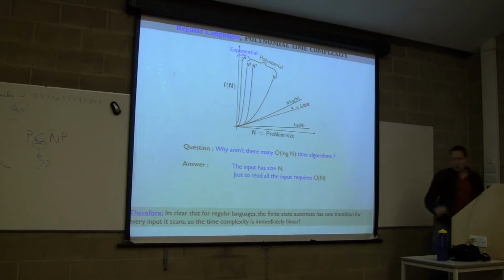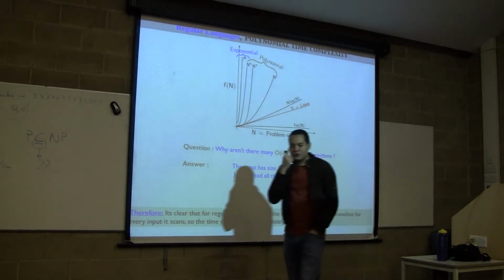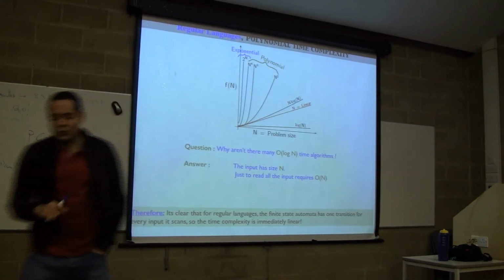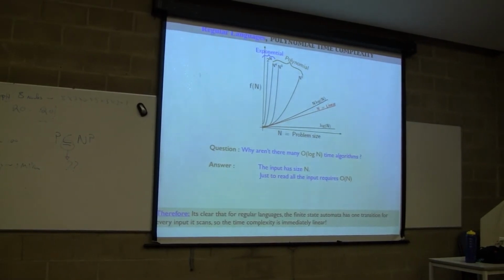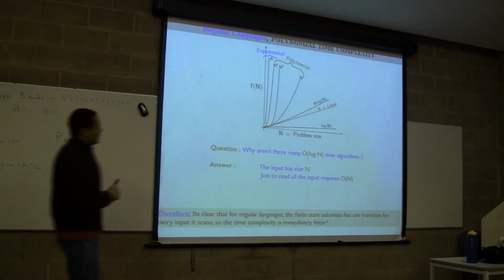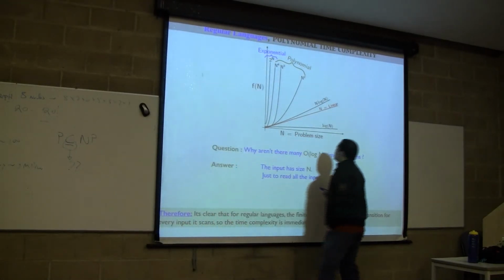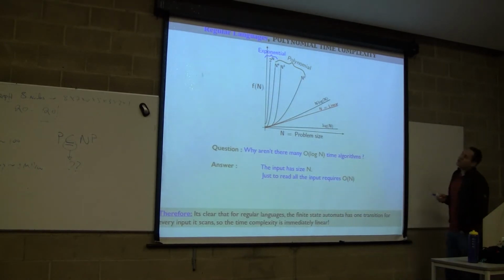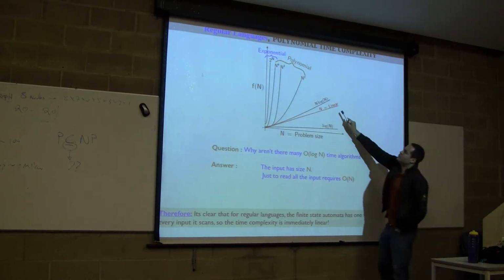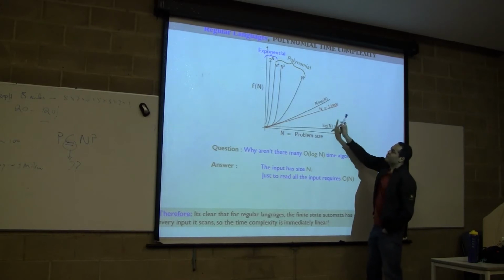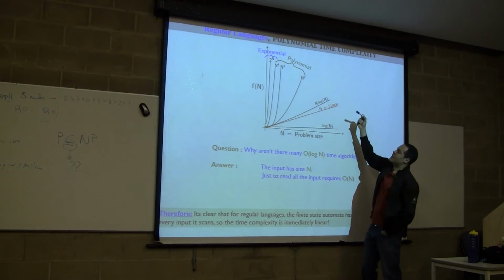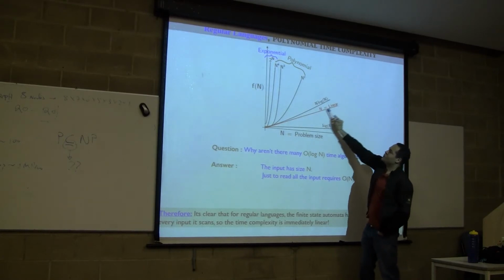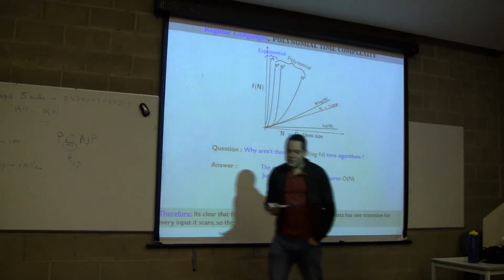So now, let's go back to relate to what you've been doing so far, which is trying to understand the time complexity of regular languages and context-free languages. Okay? So if you look at it, the minimal that you can expect in an algorithm is actually linear time, right? And this makes sense. For regular languages, which is the smallest level of computation, it is actually linear, and this is quite trivial,